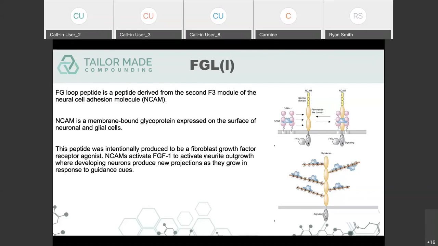And so these neural cell adhesion molecules activate fibroblast growth factor, particularly fibroblast growth factor 1, to activate neurite outgrowth, where developing neurons produce new projections, and as they grow out in response to the guidance cues. So this happens not just in development, but also in your everyday learning. One of the reasons that they say that children are a lot more apt to learn things is because they're much more responsive to the neurite outgrowth process, which is activated through fibroblast growth factor and these neural cell adhesion molecules. And so this has always been an area of drug development and relates to neurocognitive diseases,